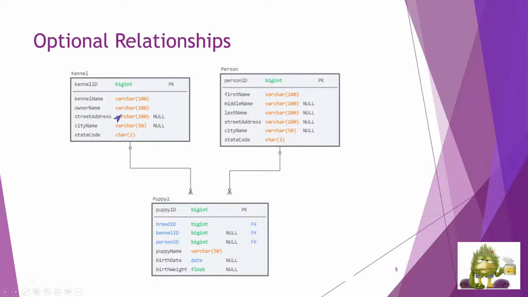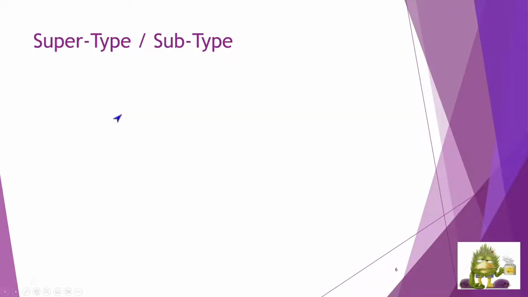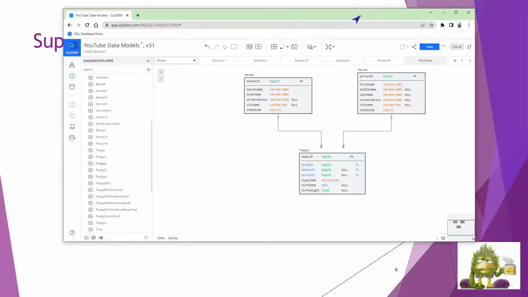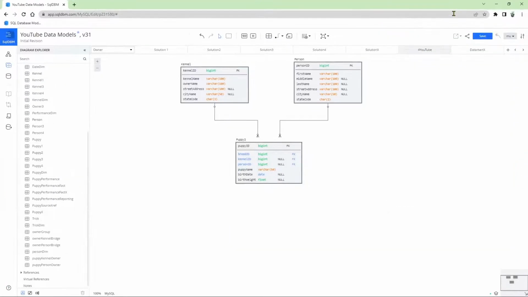After the optional relationships, again, not my preferred solution, we want to talk a little bit about the supertype subtype. What this means is that there is a supertype associated with a parent table, and then there are subtables within that definition, usually through a relational standpoint. There's a couple of ways of resolving supertypes and subtypes within the database design standpoint, but essentially, if you want